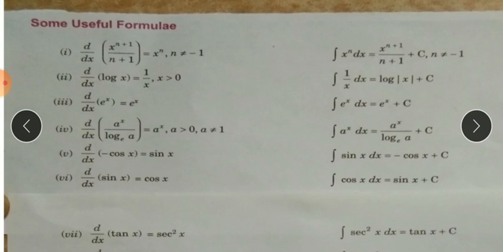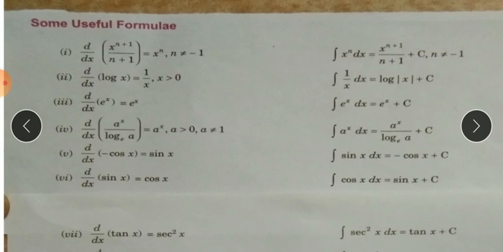Integration x raised to n is equal to x raised to n plus 1 upon n plus 1 plus constant. In case of indefinite integral, after integration we must apply plus c. C is known as arbitrary constant, that is constant of integration, where n should not be equal to minus